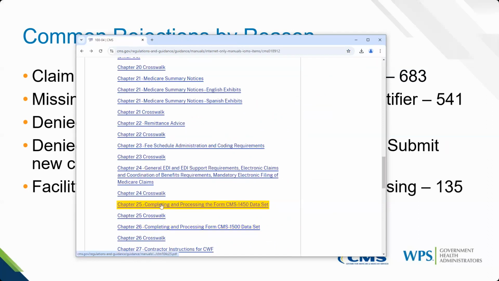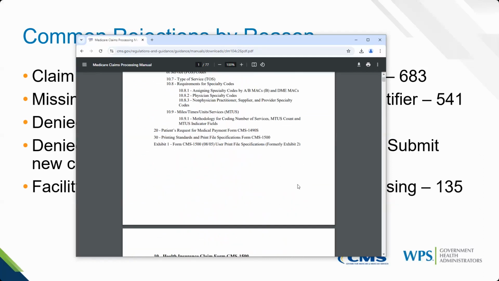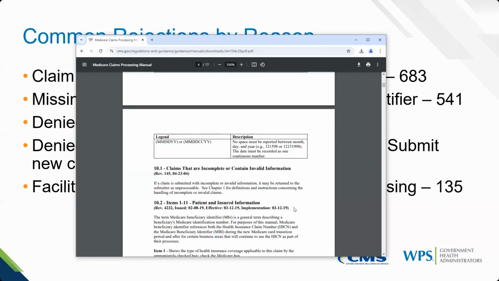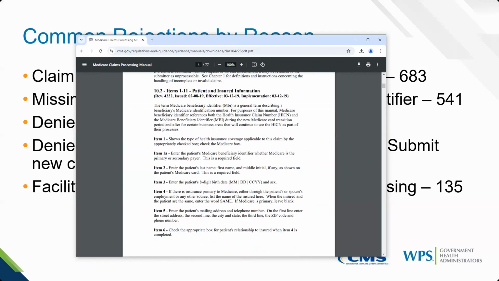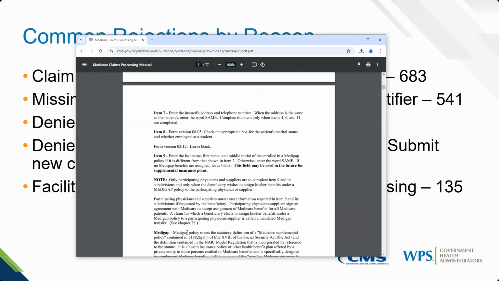I clicked on 25. That's part A. Here's chapter 26. This webinar today is for part B billers. So this is the paper claim form instructions, and you can see it goes item by item, what you need to place on the claim. Item 1, put this. Item 9, enter this, and so on and so forth.